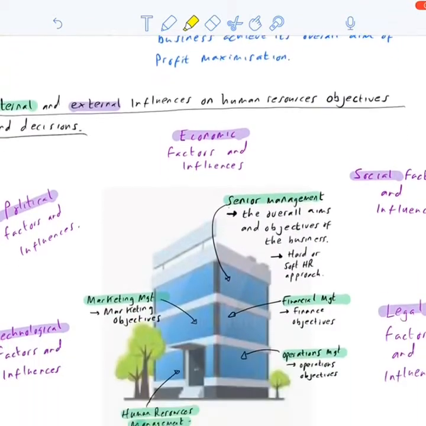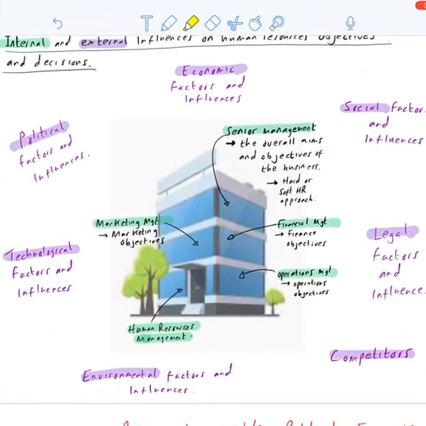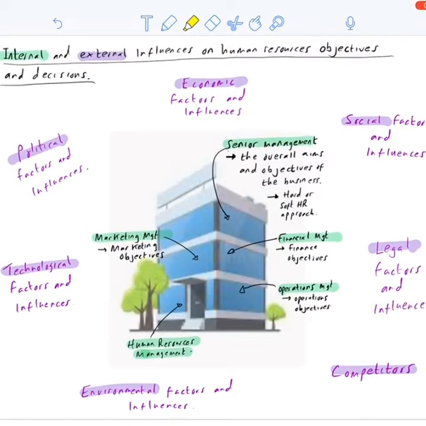Okay, so moving on, let's have a look at the internal and external influences on human resource objectives and decisions. So you can see I've got a nice little building in the middle, and all of the points there highlighted in green. These are all the internal influences on the objectives and decisions made by the human resource departments. So what we're looking at here is what has an influence on the decisions and objectives that human resource set